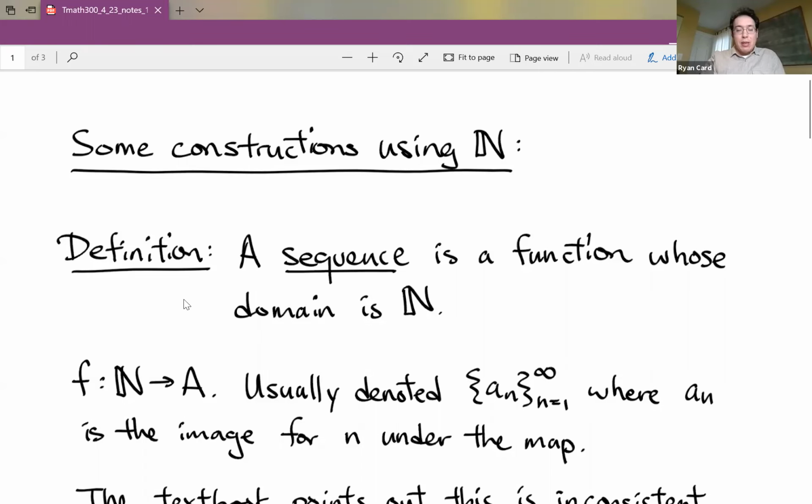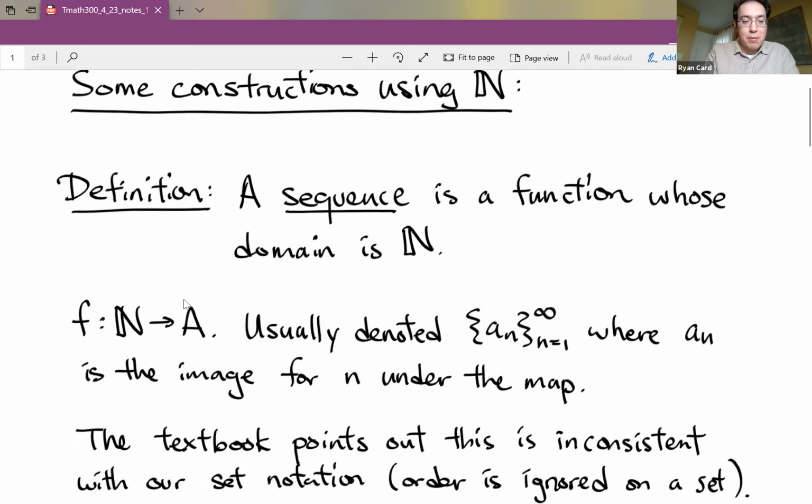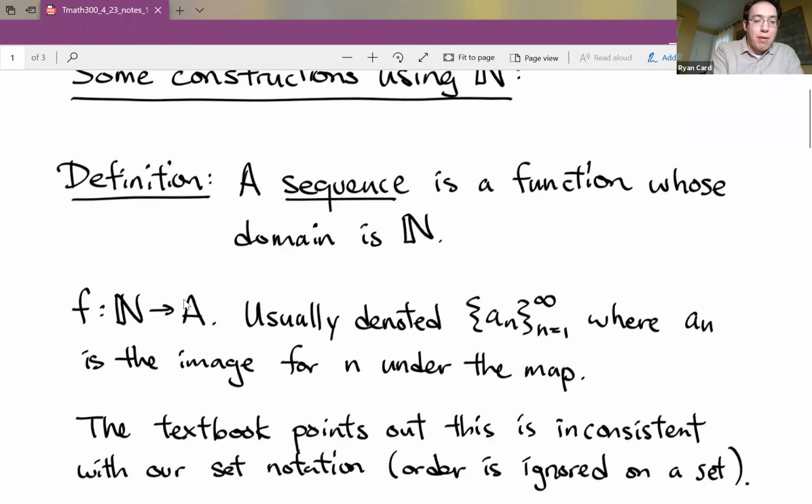Okay. So the first definition is that of a sequence. A sequence is a function whose domain is natural numbers. So that might be a slightly different way than how you imagined a sequence. But if you have a function from natural numbers to any set A,